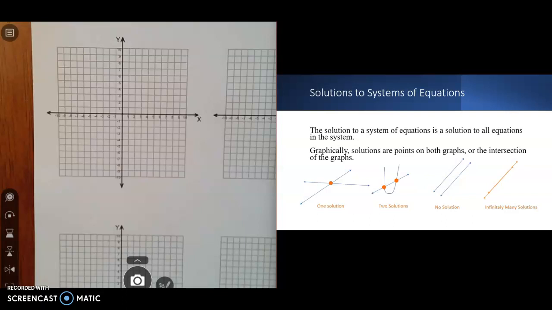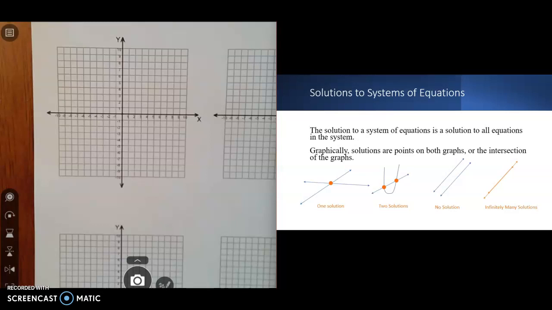Graphically, what that looks like is that the solutions are points on both of the graphs. If you have two graphs, you could certainly have more, but we're just going to start with 2x2s for now. And so it's the intersection of the graphs. So visually, we're going to deal with lines mostly, and so if you have two lines that intersect at a point, you have one solution, and the solution is that point where they intersect